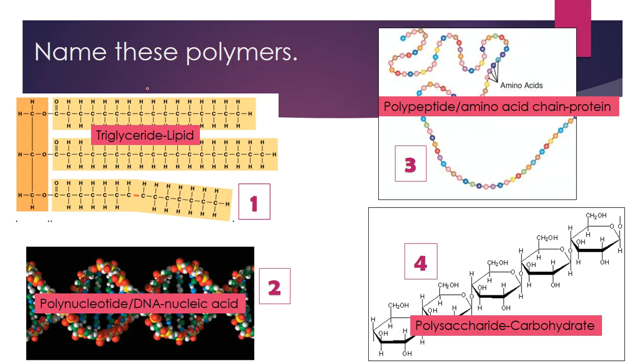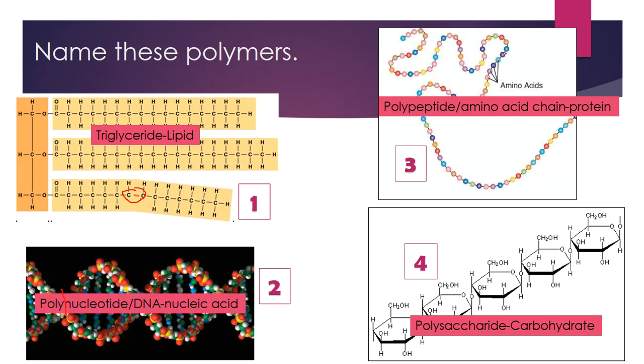So naming our polymers, we have our triglyceride, which is our lipid. Again, I have my glyceride group with 3 fatty acids attached. Here's my one that is unsaturated. We have our DNA, which is a polynucleotide, meaning many nucleotides. It's a nucleic acid. We have our polypeptide, which most of the time you guys are going to see these